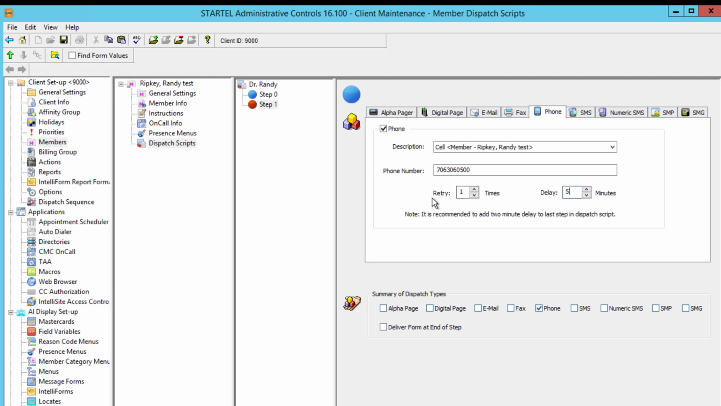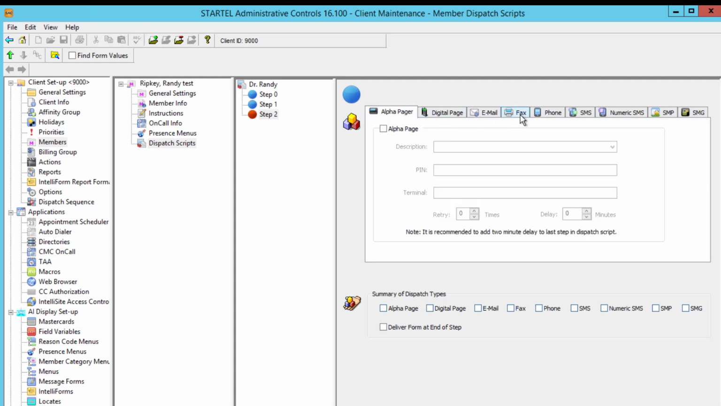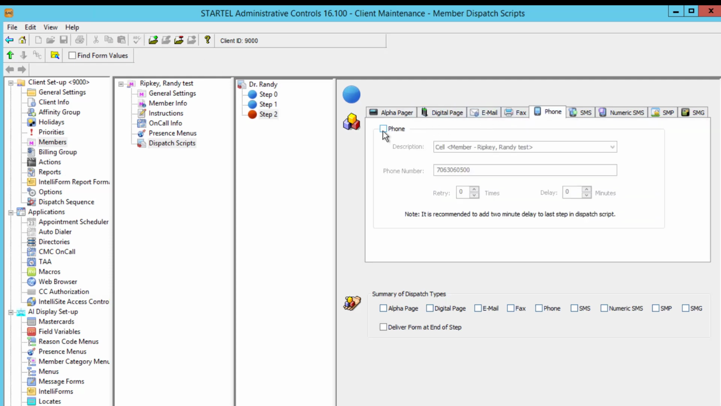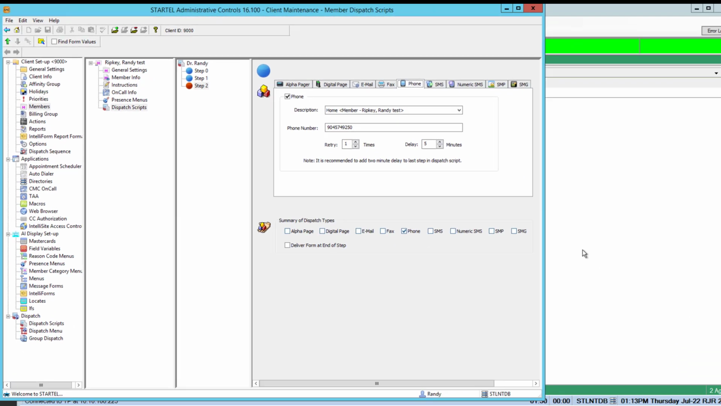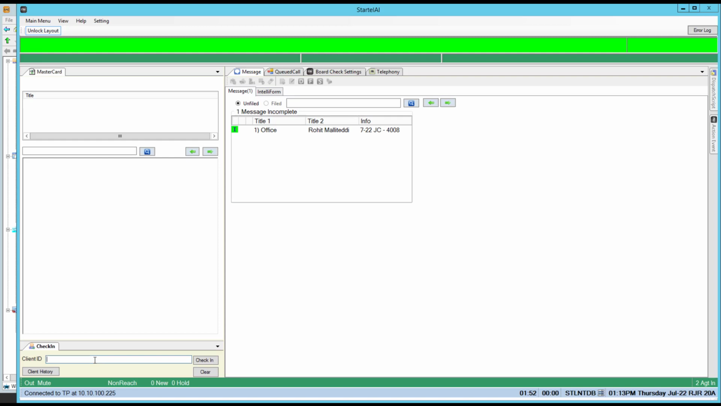Now additionally, let's say if I don't answer my cell phone, I want you to call my home phone. So I can go over here and say phone and choose my home phone. And again, I want it to retry, make 2 calls and wait 5 minutes in between. And save that. So now, if I go into FlexAI and bring up my 9000 account,